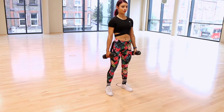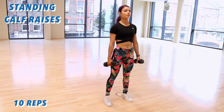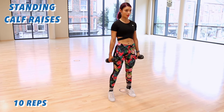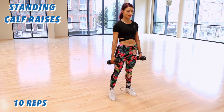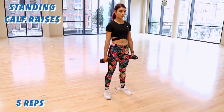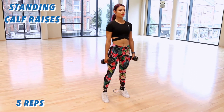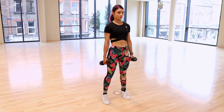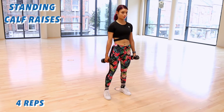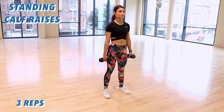and now 10 reps. 10, 9, 8, 7, 6, 5, 4, 3, 2, hold a number 10, slowly come down, now 5 reps. 5, 4, 3, 2, hold a number 1, slowly down, 4 reps, 4, 3, 2, 1, slowly down, 3 reps,